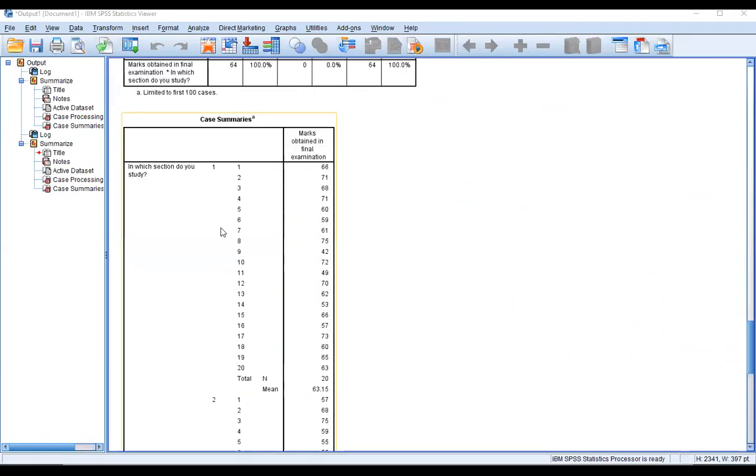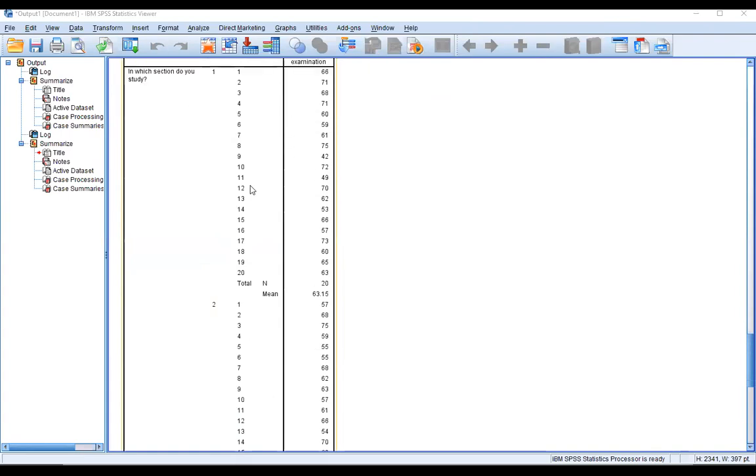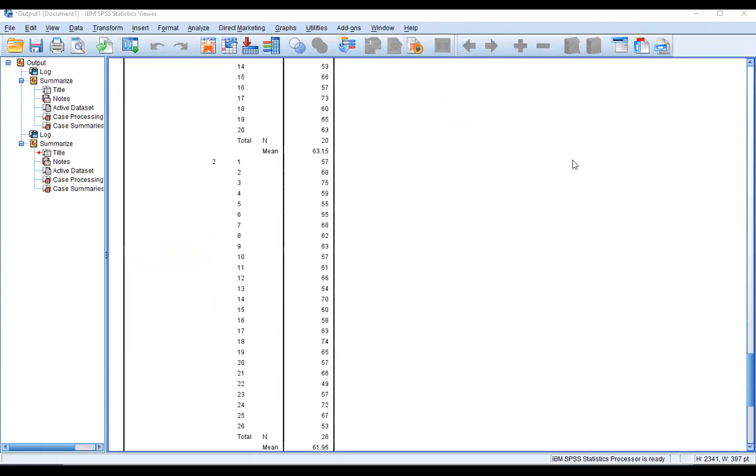You can see the output, in which section do you study. There are three sections in this college. The first section, we can see the students' performance in section 1.